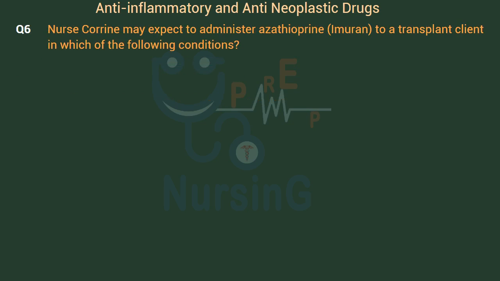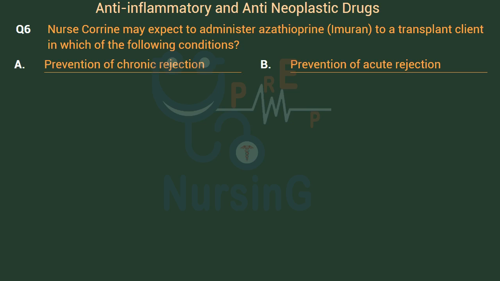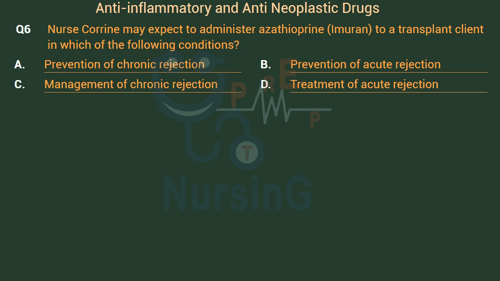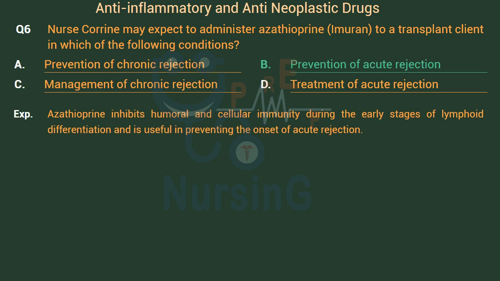Nurse Corrine may expect to administer azathioprine, Imuran, to a transplant client in which of the following conditions? Option A. Prevention of chronic rejection. Option B. Prevention of acute rejection. Option C. Management of chronic rejection. Option D. Treatment of acute rejection. Right answer is Option B. Prevention of acute rejection. Azathioprine inhibits humoral and cellular immunity during the early stages of lymphoid differentiation and is useful in preventing the onset